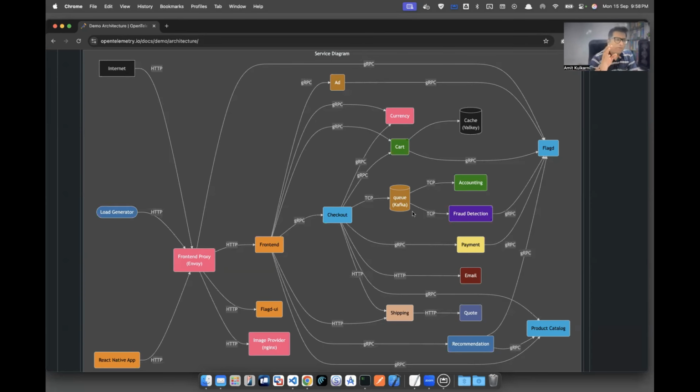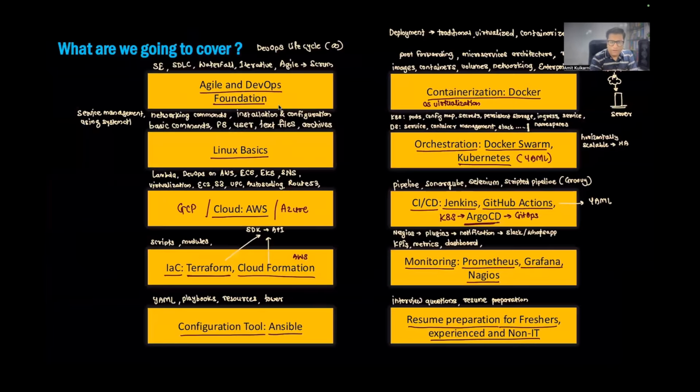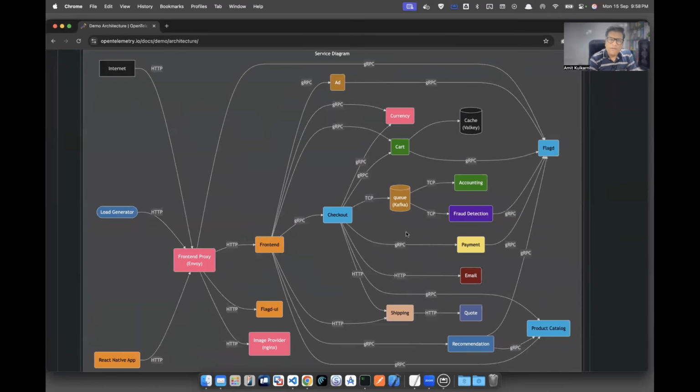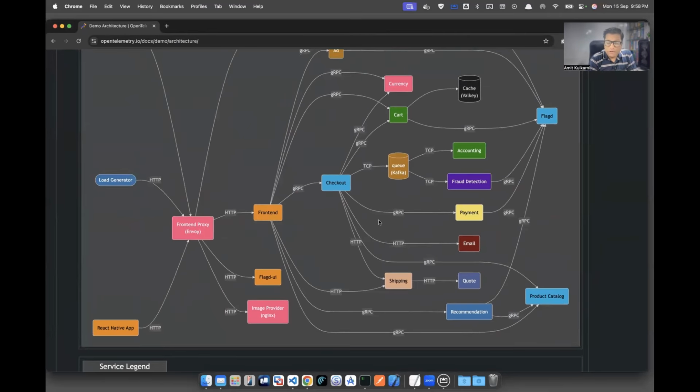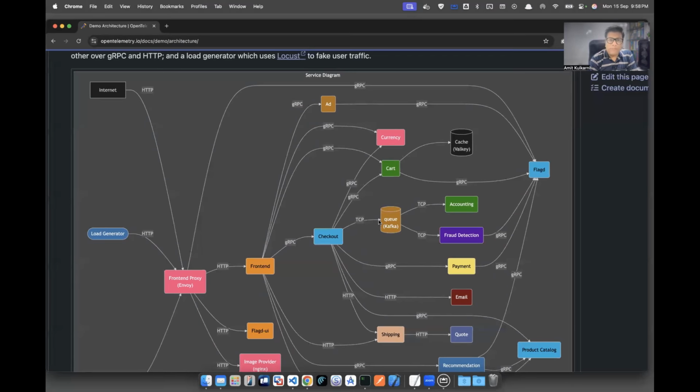This is the choice of your company, where it has to be deployed. But you can see that this is the kind of architecture that we will be deploying in maybe Kubernetes here. Deployment is really painful, I'm telling you right now. There are so many things that you configure here. But once we understand all the stuff that I was mentioning earlier, doing it is a breeze. So this is a good architecture for you to understand how we containerize and deploy an application developed in different languages.